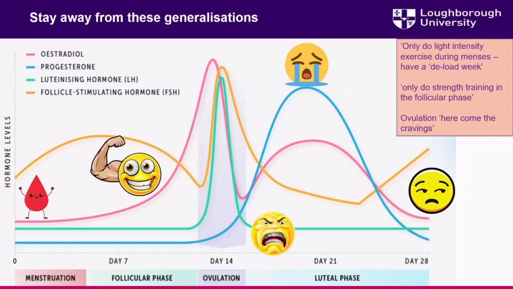but actually we see quite a lot of individual variability. And when we talk about individual variability in this space, there is genuine individual variability when it comes to the menstrual cycle, how people perceive it, and the symptoms they may or may not experience. I spoke about variability with some of my beetroot work previously. You may see that generally you see a finding, but there are a few people that are a little bit different. This is really quite individual, so we need to be careful with tailoring recommendations to the individual, not generalising.